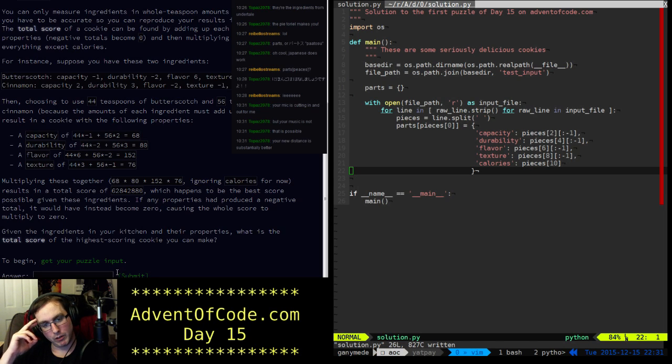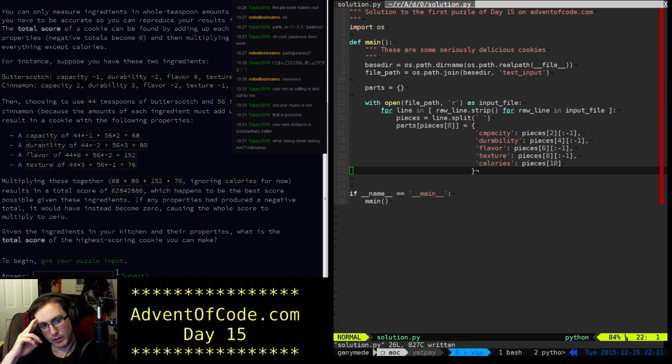So I might have to be a little bit clever here. How would I be clever here? I could probably do, what I'm thinking is I could pre-calculate if one of these attributes is going to be negative, because we know it's no good if that's true. So I want to make some sort of function here that's going to calculate